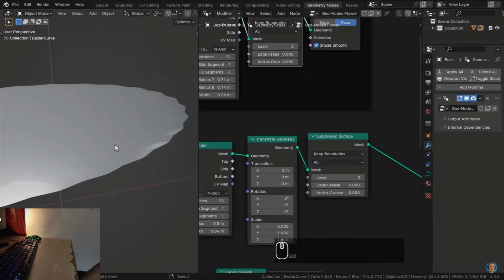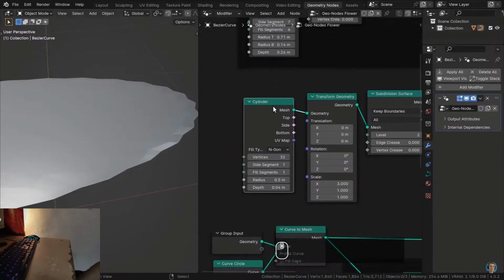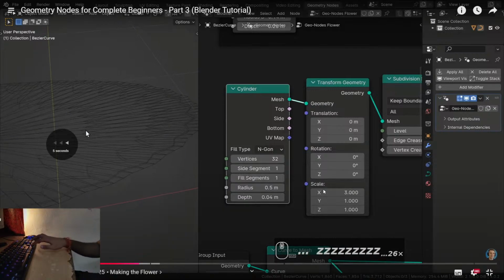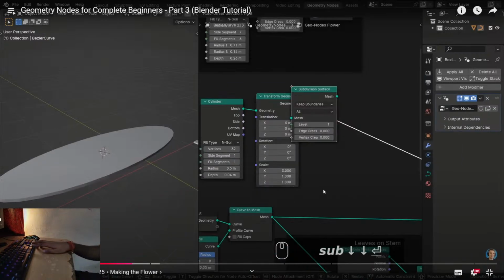Now you can see the same problem is happening where it's being really stretched. So let's go back to the mesh cylinder. I'll go into the wireframe view so we can actually see what it's doing,